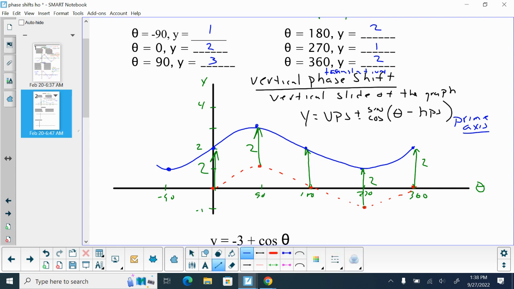So if we take a look at our vertical phase shift, which is a value of 2, if I draw in another axis at this value of 2,